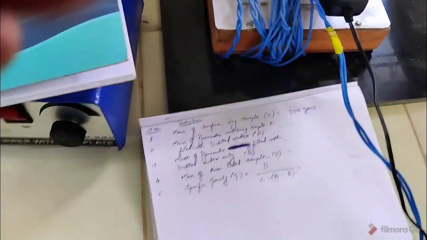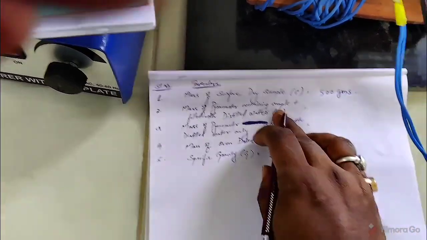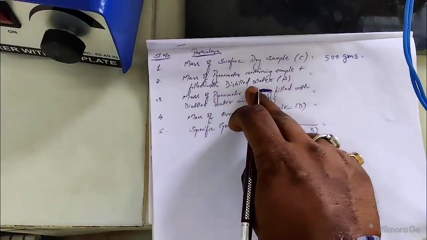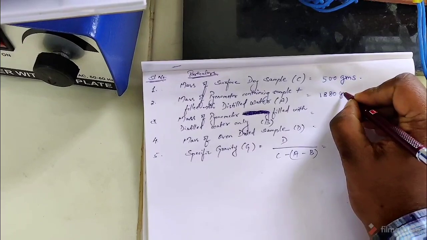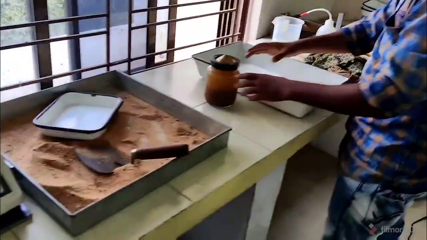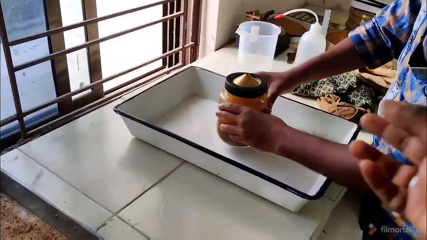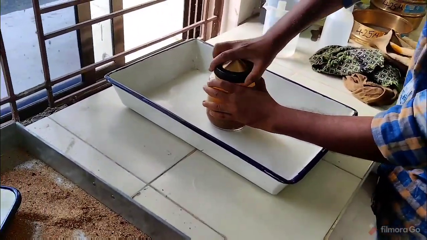We can write it down here: mass of the pycnometer containing sample plus filled with distilled water, it is 1880 grams. Now the next step is to remove the water and the sample into a dried enamel tray